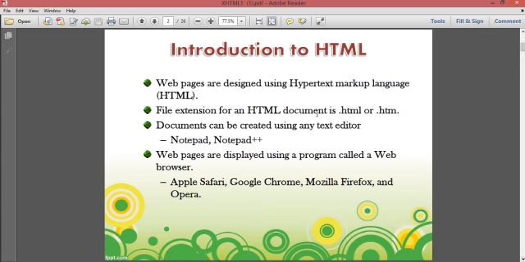HTML stands for Hypertext Markup Language. It is one of the major markup languages used for designing a static web page. Built upon that, you have PHP, MySQL or CSS to make the web pages more interesting, more colorful and more interactive. So whatever it may be, the HTML document must have the file extension